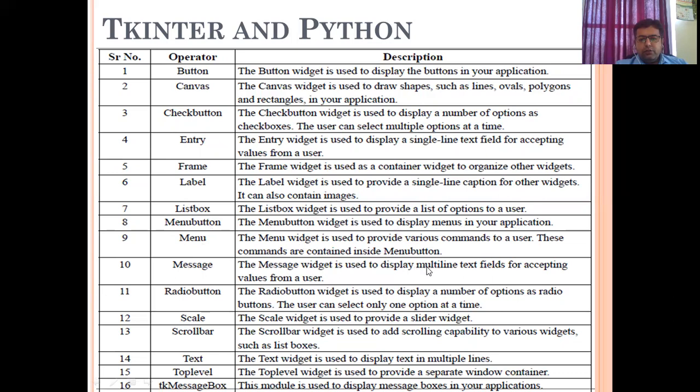So the message widget is used to display multi-line text fields for accepting the value from the user. Radio button, scale, scroll bar, text box. Then top level, that is used to provide a separate window container. Message box will be provided. So different types of functionalities or methods are available that will be used in Tkinter and Python, right, with the help of the programming language.